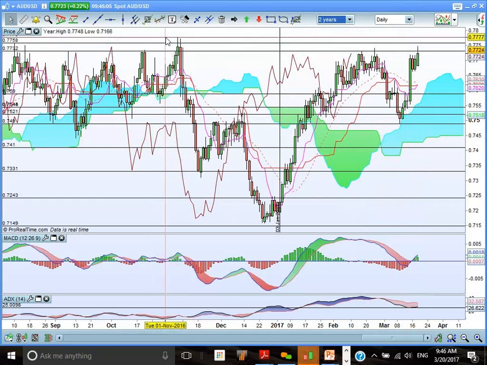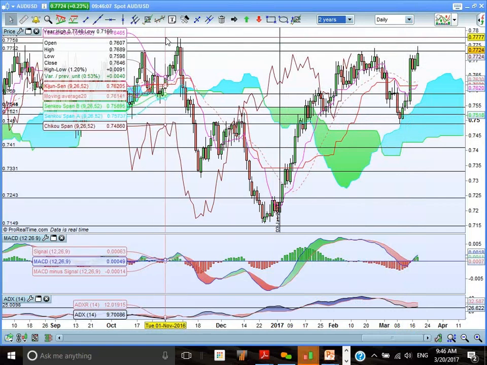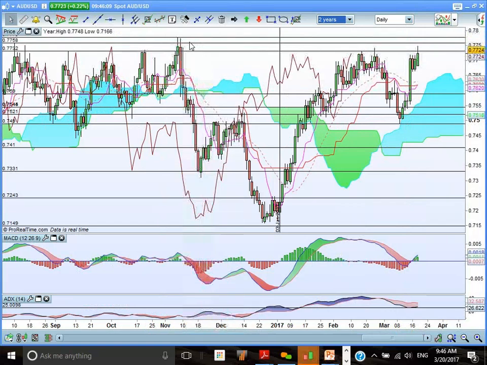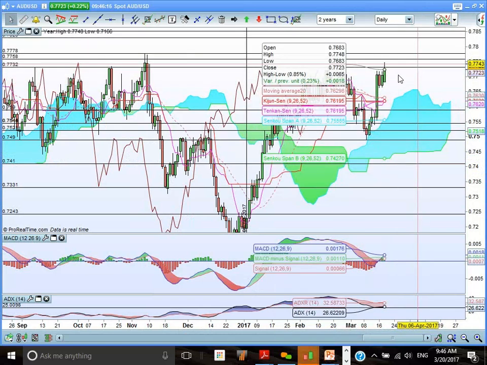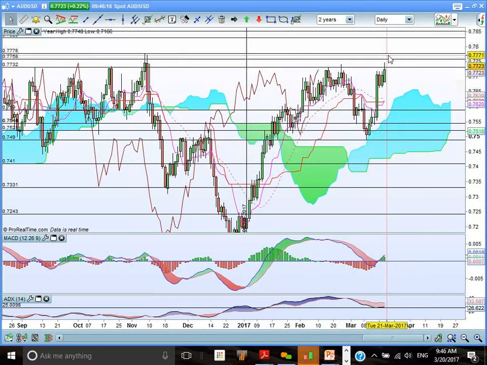at, watch these levels at 77.7 and 77.75. So we could see a reversal at these levels. Then if resistance holds, we should see a reversal back down to the top end of the cloud for support